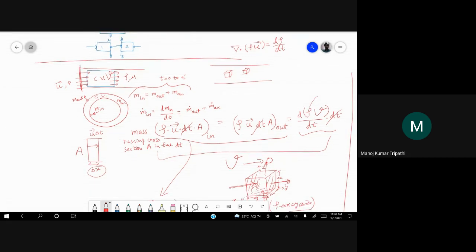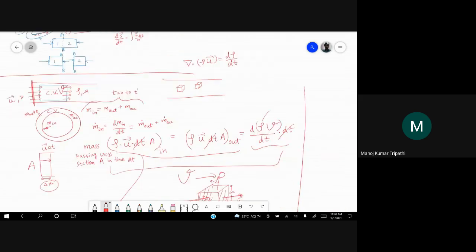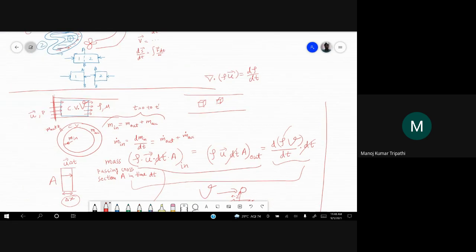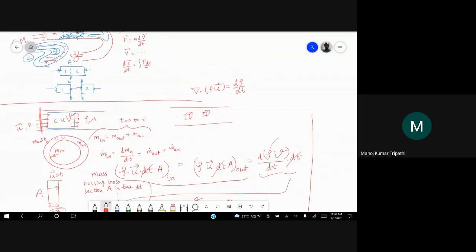So you can find velocity if the density is known at each and every point of this pipe. Here we have not assumed that the density is constant, we have assumed that density can vary in space and in time, and velocity is also not constant throughout the cross section. We have not made any such assumptions, so it is a general equation for any kind of fluid flow. But this doesn't solve our problem.